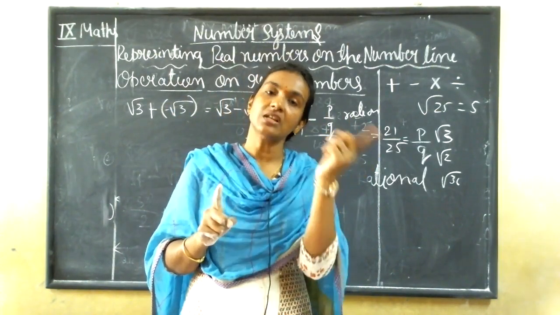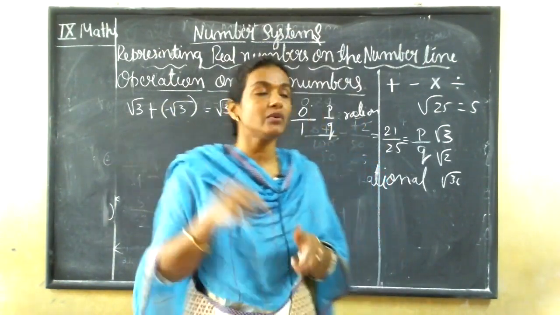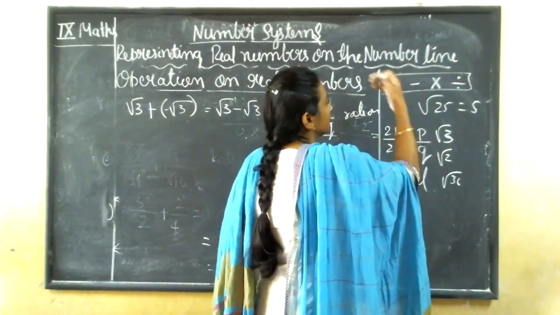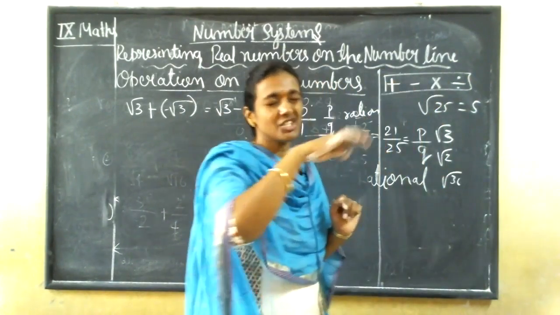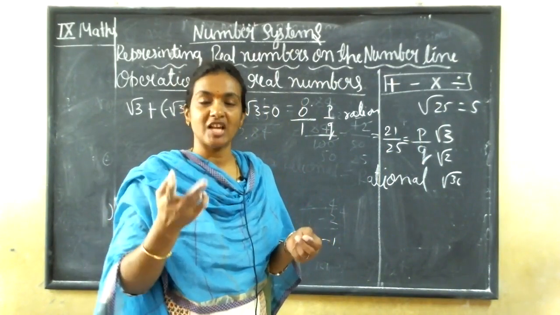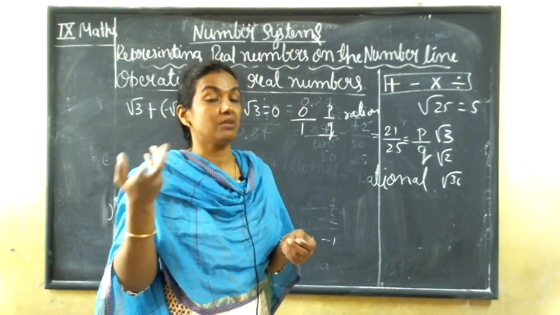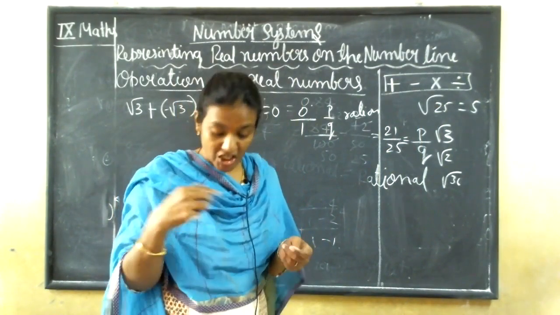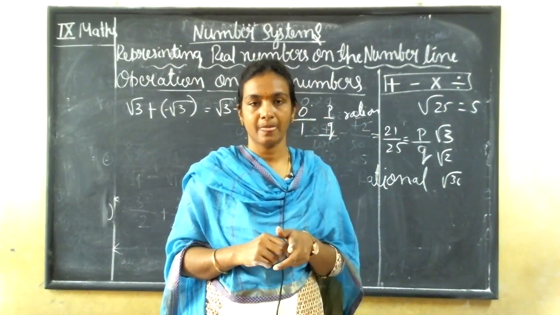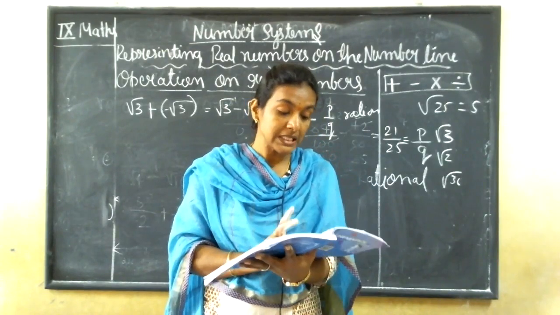When you add rational, irrational and irrational, first one, what is here? Rational. You are going to add, subtract, multiply. Whenever I am using only addition, you just think of all four operations, guys. So when you subtract a rational and rational, you will get a rational number only. When you add or subtract irrational and irrational, it might be rational or it might be irrational. When you add or subtract rational and irrational, it is always an irrational number. So this is the introduction I wanted to give about operations on the number system.